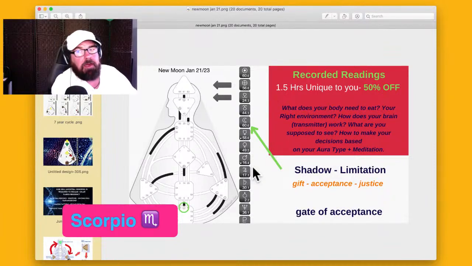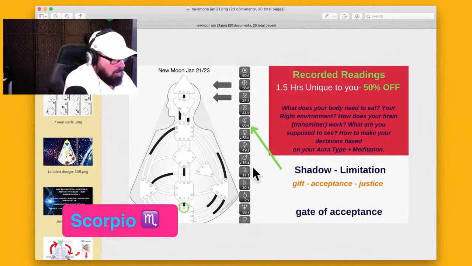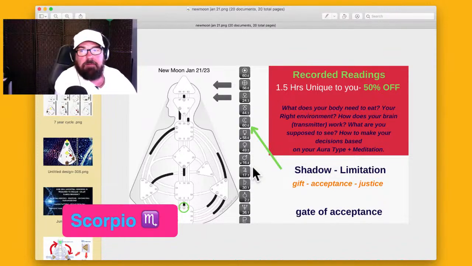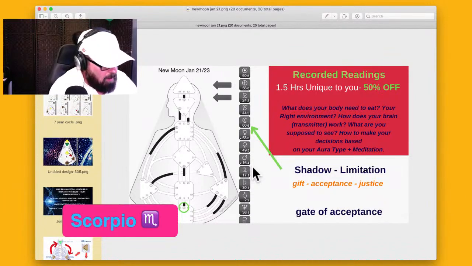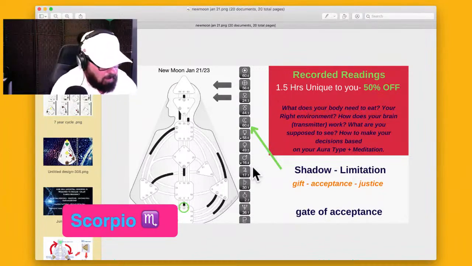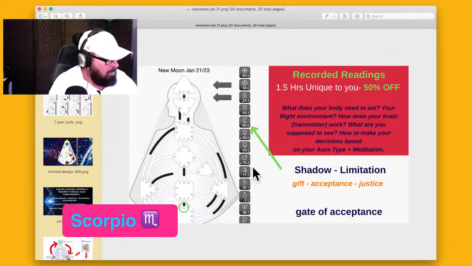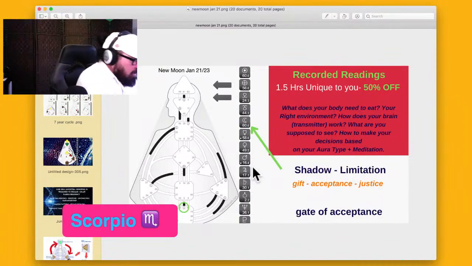Pluto demands transmutation, like completely changed. The butterfly, right? That's what Pluto wants, Scorpio. And Scorpio loves that stuff. They're the sign of transformation. And not afraid to go into the depths, right? Scorpio, they like to get to the truth. With other people anyway. Maybe not themselves. Okay, there's Scorpio.